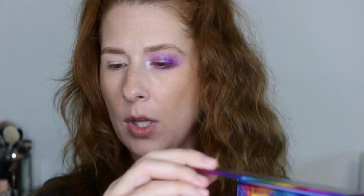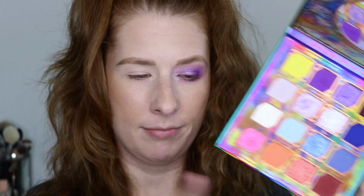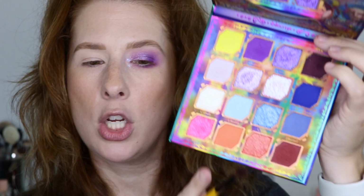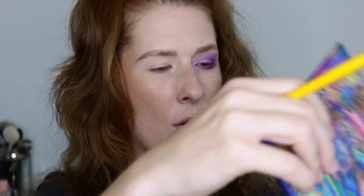Okay, moment of truth. Are we going to do the blues or are we going to do these shades down here? We're going to do these shades down here. I'm not brave enough for the blues. Okay, I'm not. So I want to use a different Singe brush, but you know, been using them, so gotta clean it off. This is my Singe EO2, and I'm going to go into this orange shade right here in Candy Corn